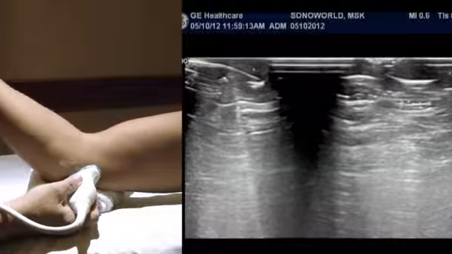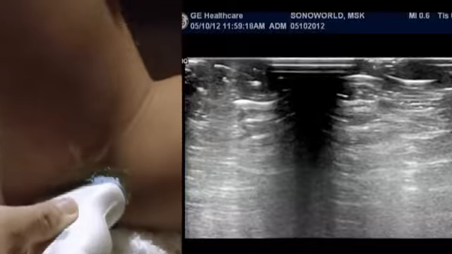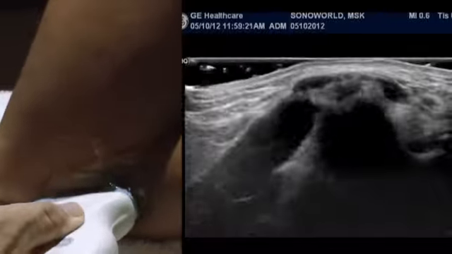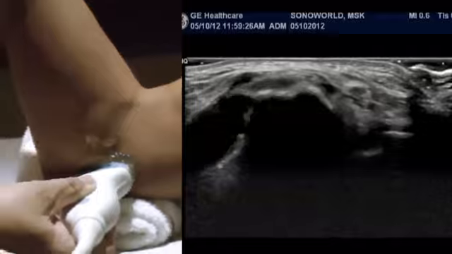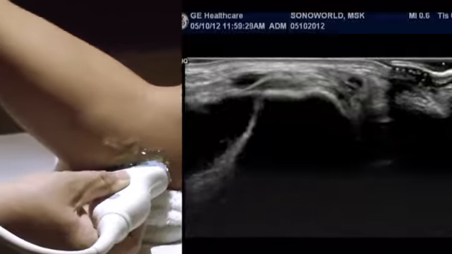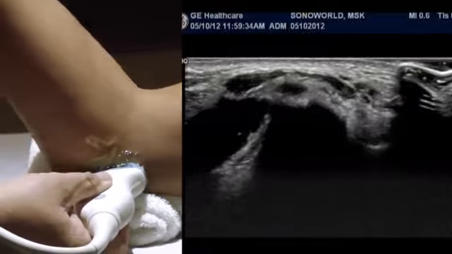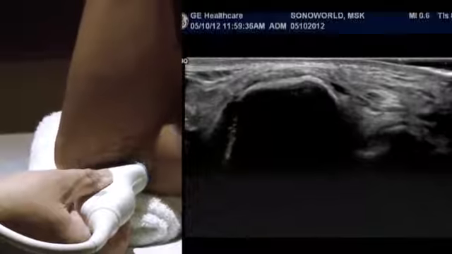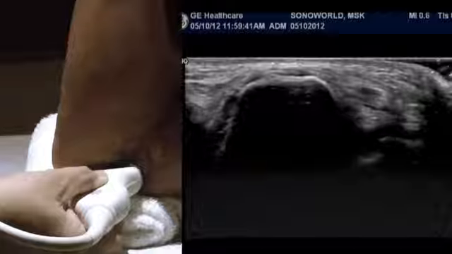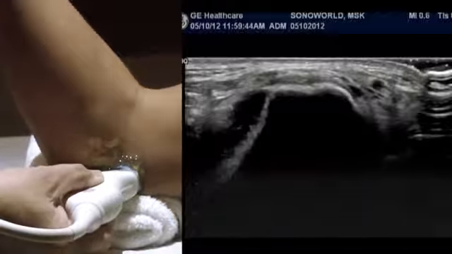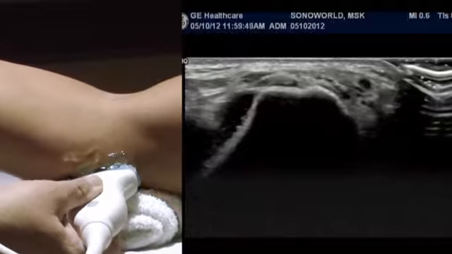I'm going to now plant my transducer on the epitrochlea. Here you see the olecranon at the bottom, and that the ulnar nerve stays behind the apex of the trochlea. So this is the dynamic motion that you would require of your patient to see if that ulnar nerve, which is the hypoechoic honeycomb pattern, subluxes anterior to the epitrochlea. In this case, for example, this is the normal position of the ulnar nerve